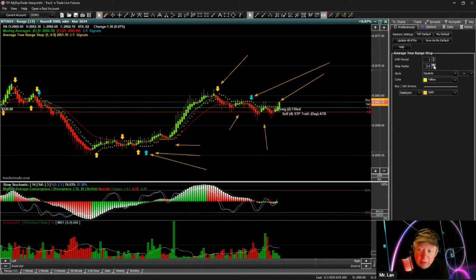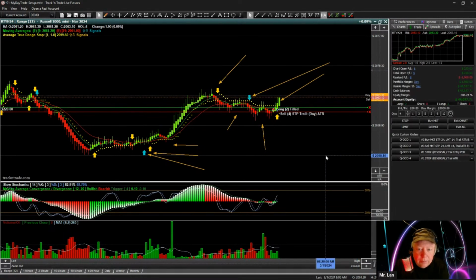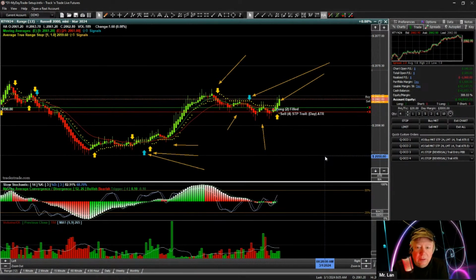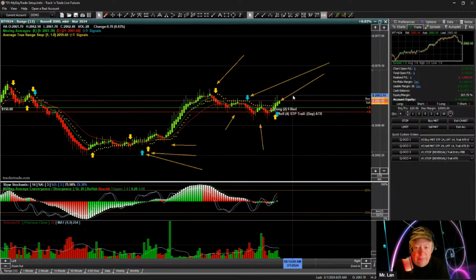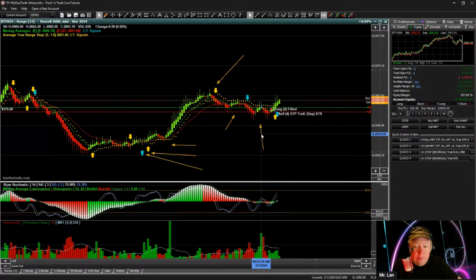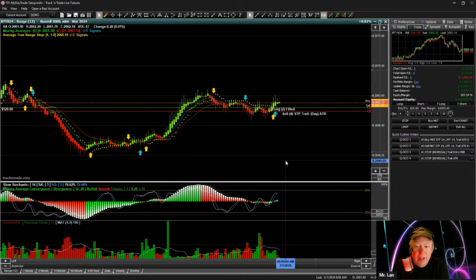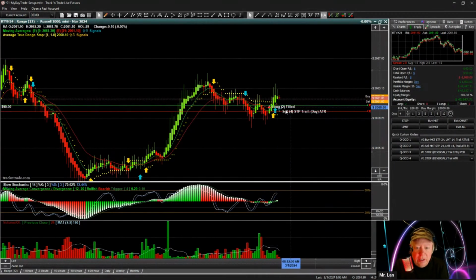Let's bring that up to 0.1. Well, that might help a little. I had those really aggressive, didn't I? There's a lesson for you. Always make sure your indicator is what you think it is. Okay, and then the trailing stop is just trailing on those yellow dots, just trying to trail up on the